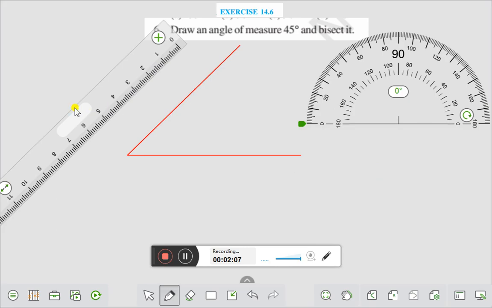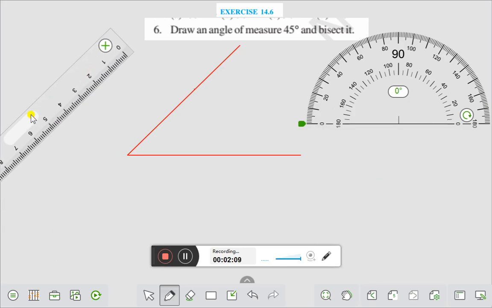Now you have to bisect it, right? Now if we draw this line and draw this arrow, then we are getting A, this is B point and this is C point. This is 45 degrees and you have to bisect this angle. Therefore you have to take the